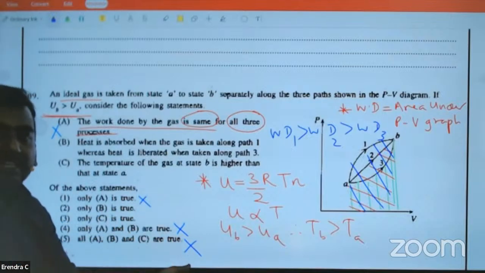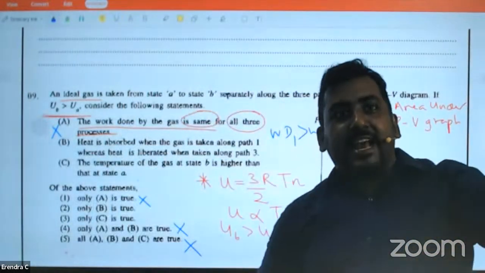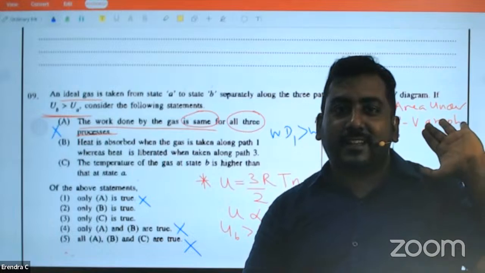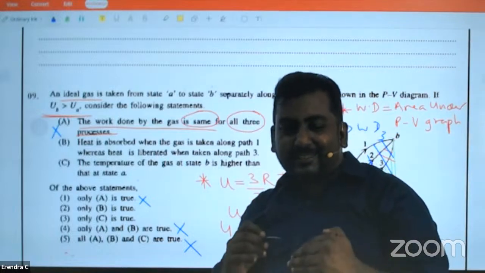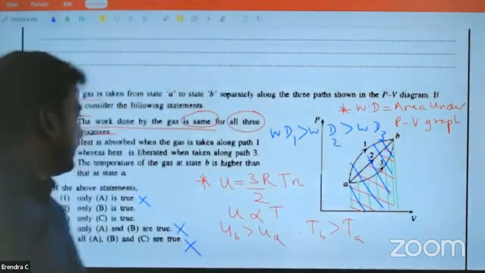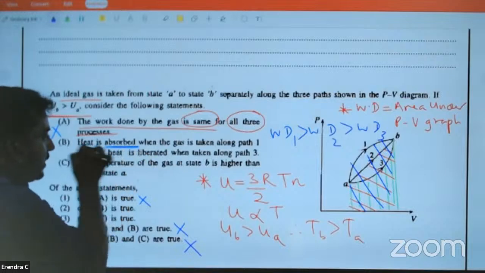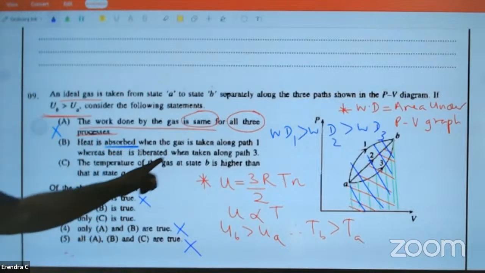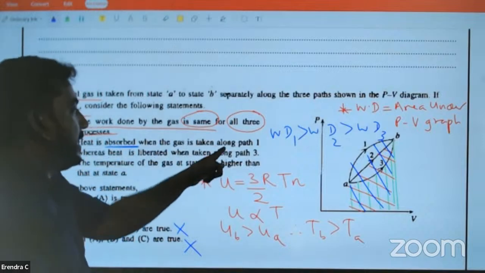Method of elimination. If A is wrong, whatever the answers with A is wrong. You know? See, things are easy, not difficult. Next, heat is absorbed when gas is taken along path 1,